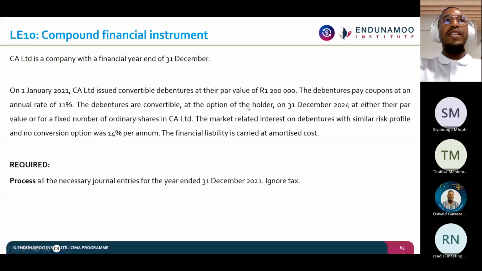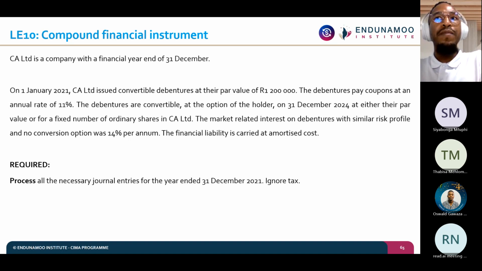Please confirm that what you're seeing is lecture example number 10, compound financial instrument. Yes. Great. Lecture example number 10 says to us, CA Limited is a company with a financial year end of 31 December. On the 1st of January 2021, CA Limited issued convertible debentures at their par value of 1.2 million. That means that CA Limited received 1,200,000 Rand in exchange for